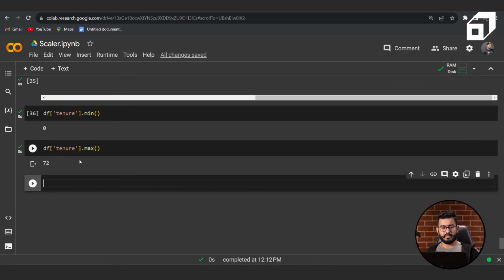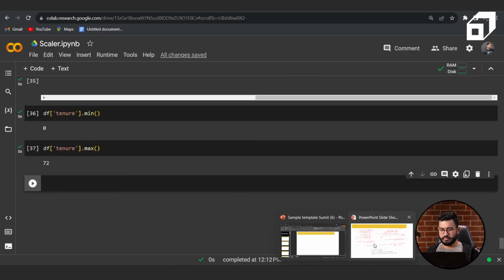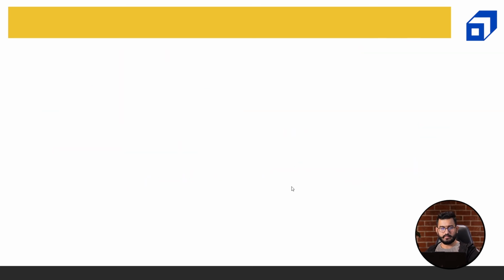So my minimum tenure is 0, maximum tenure is 72. Now let's understand how to create the conditions. So first of all, we will create a function. Let's say the function is named tenure_bucket, tenure_b. Then this function will have conditions like if